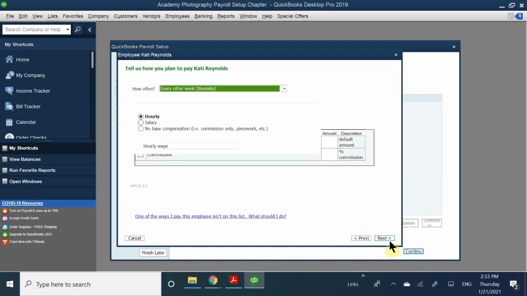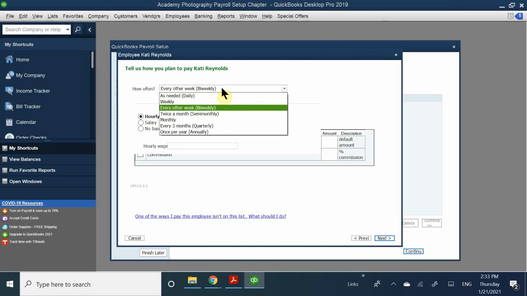Next. Okay. Now, the next thing that we're going to be looking at is how are you planning to pay Katie Reynolds? So this is where we can tack on anything that we need to for her. We're setting up how she's going to get paid. So in this case, we're going to try to pay her every other week, so bi-weekly, or we can do it every semi